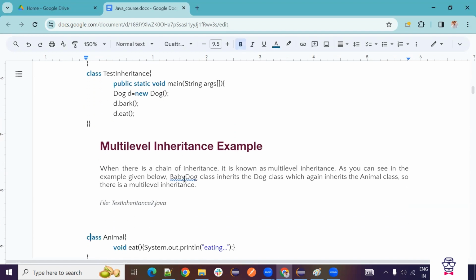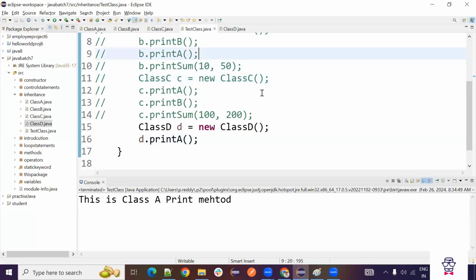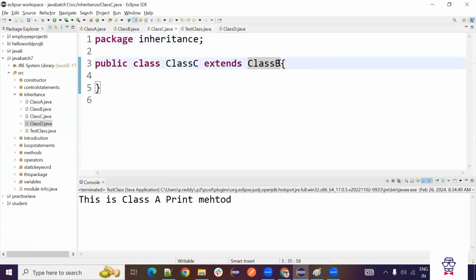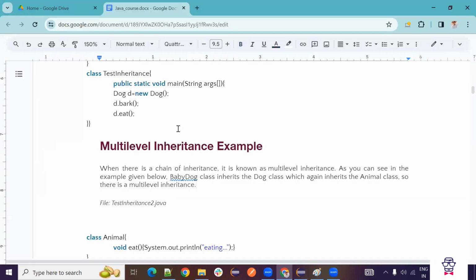The next one is multiple inheritance. This is not applicable in Java, just like we saw, right? You cannot create a child class from two classes. The concept we saw: either you can extend from class B or class C or some other class, but you cannot use a comma and class C. This is not possible. You can extend from only one class, not from some other class as well. That is why multiple inheritance is not allowed in Java. This question also will come.